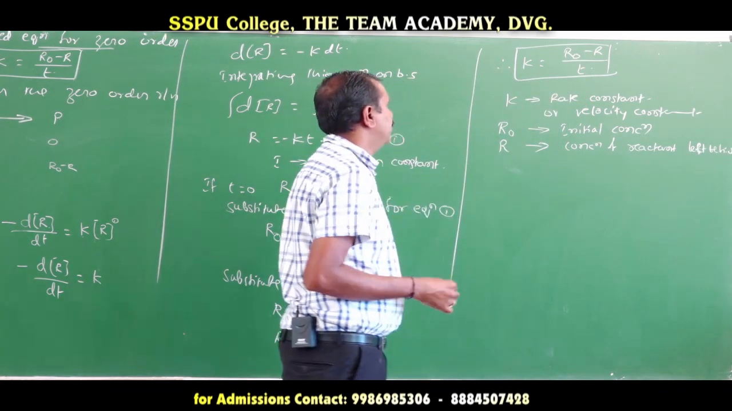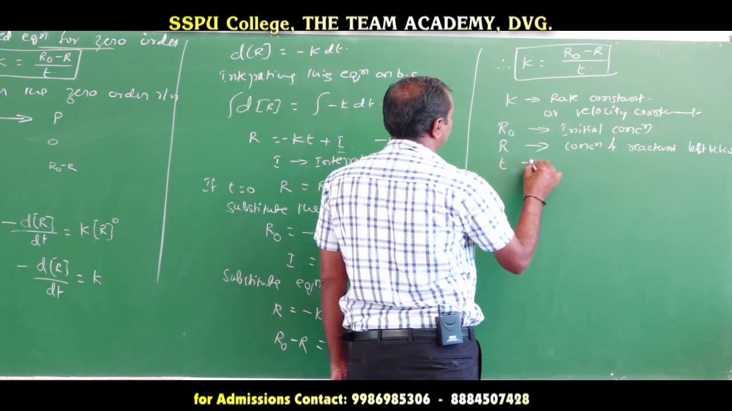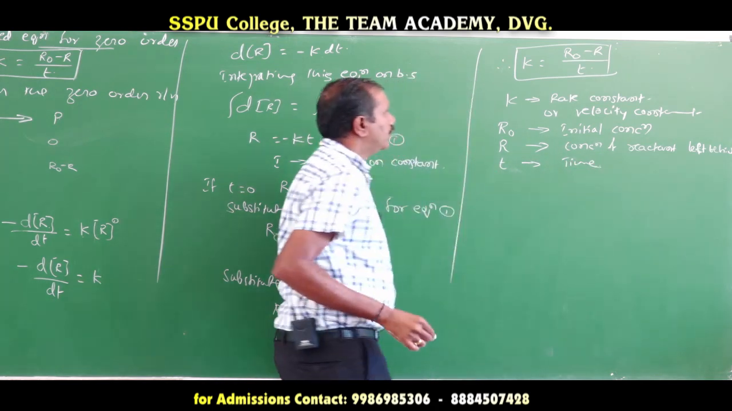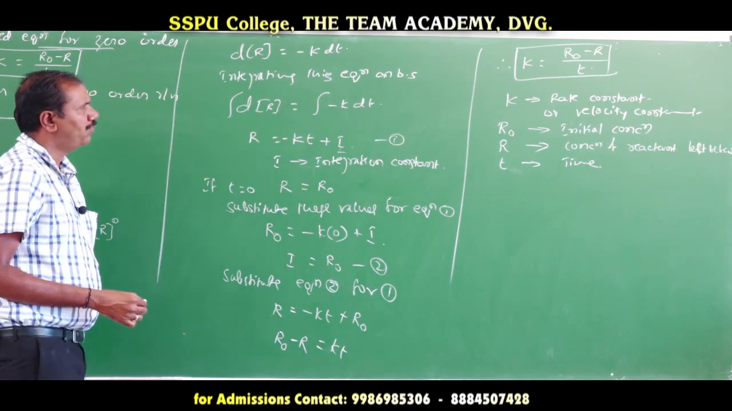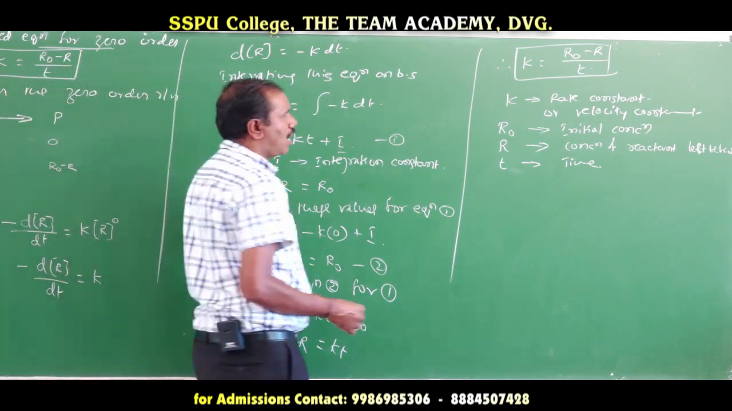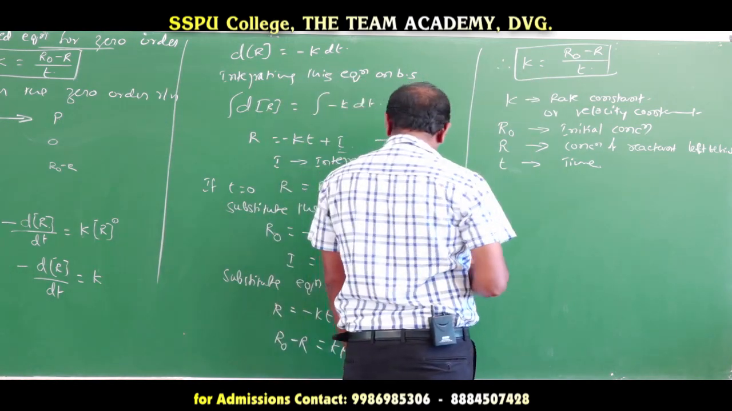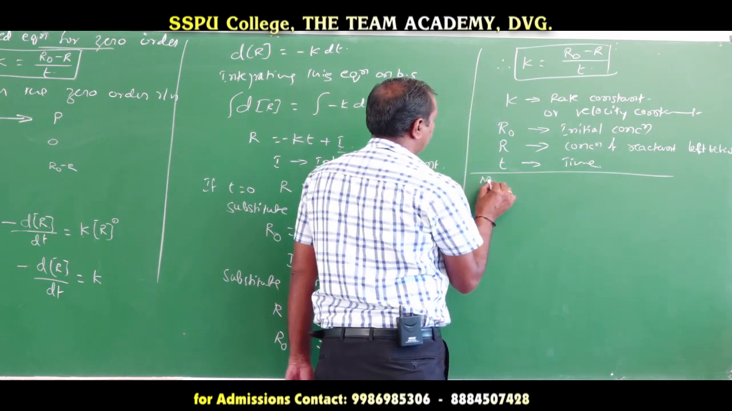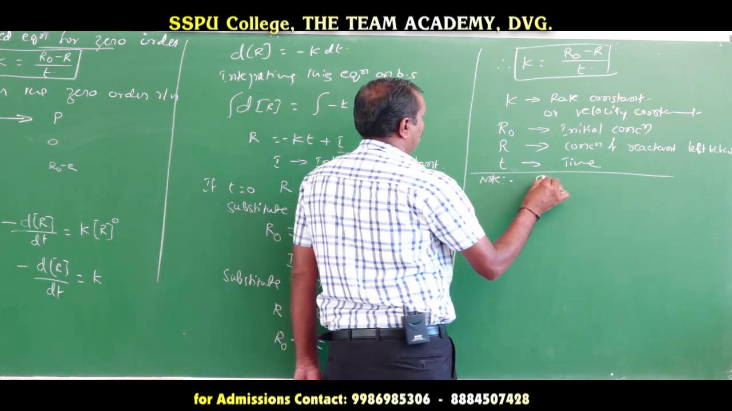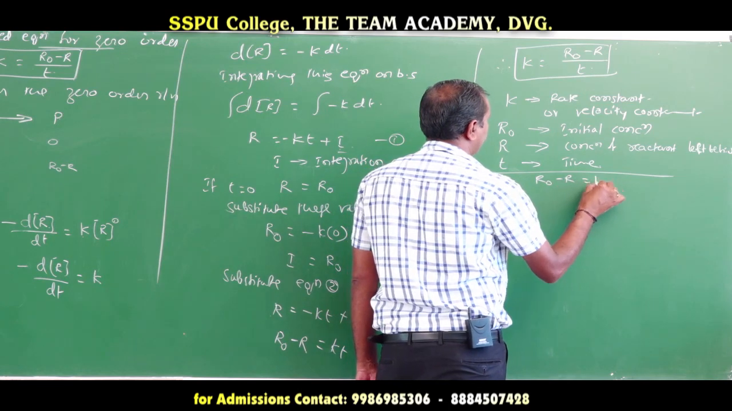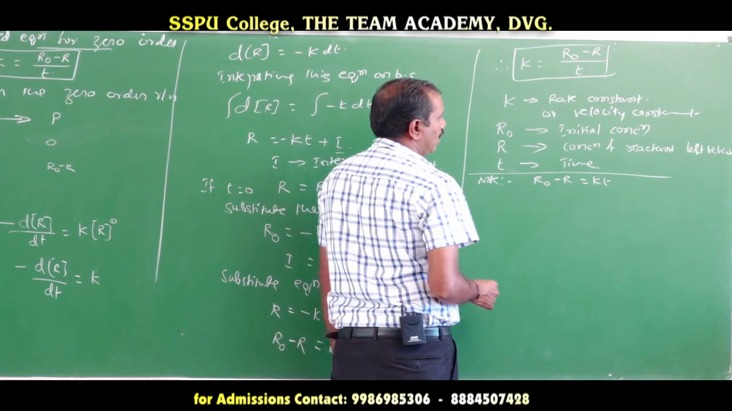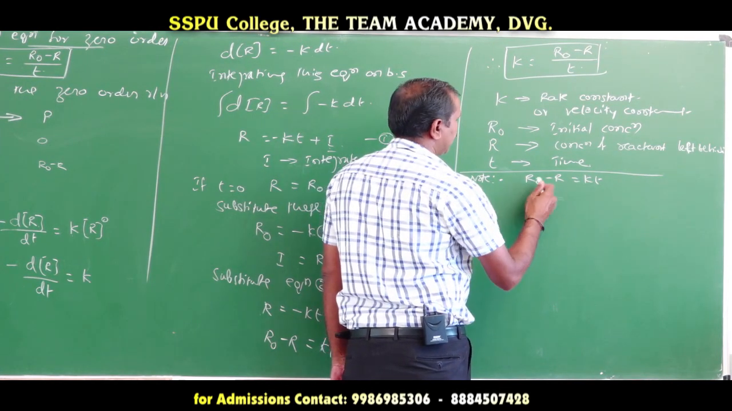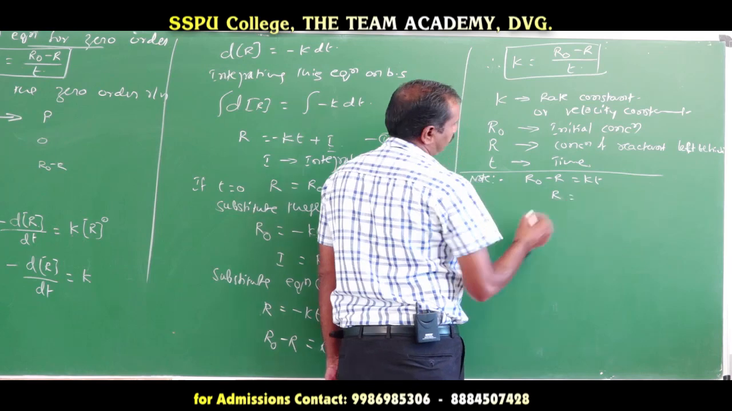So, where t is time. Therefore, where k is equal to R naught minus R. If you plot the graph for this equation, the equation is modified to R naught minus R, that equals what? Kt. We may write R equals